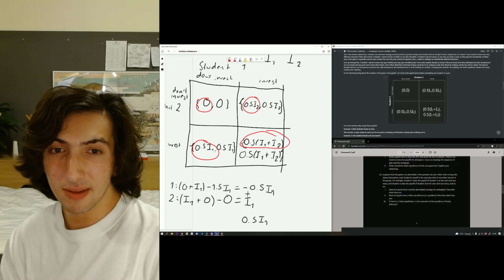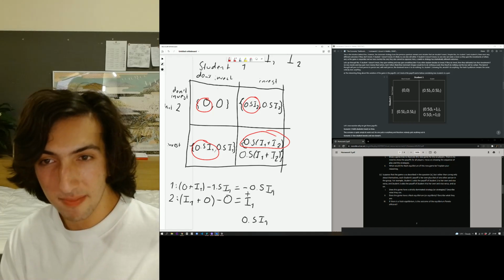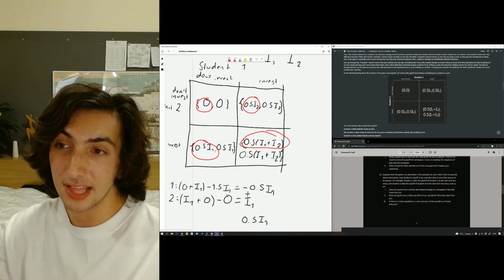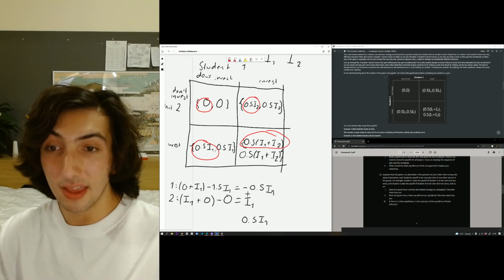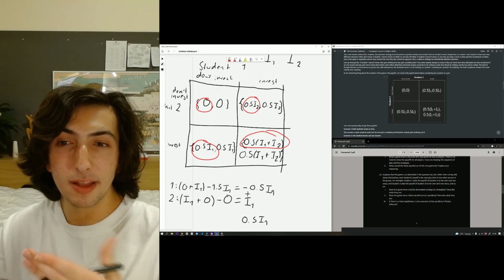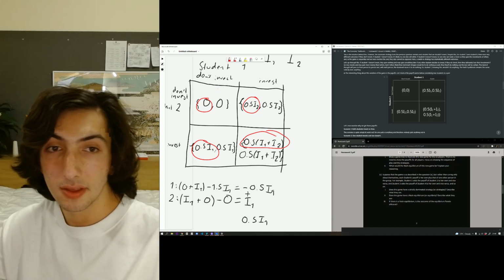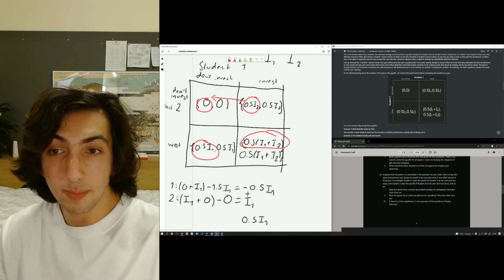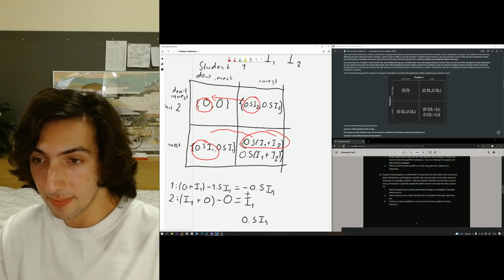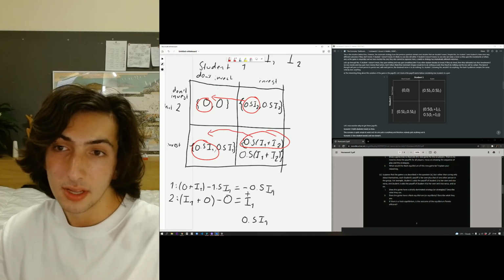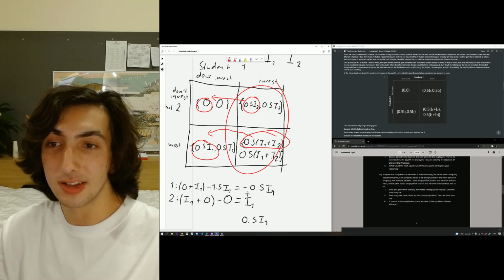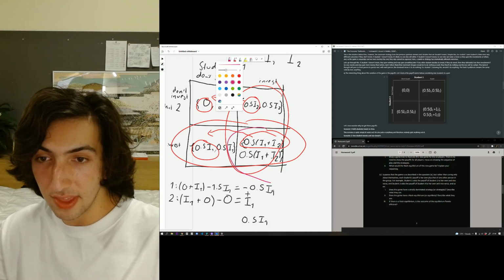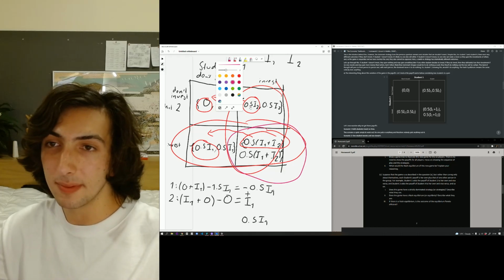However, if we're assuming that they roughly get the same, okay, investing will always be better, especially in the case that student 2 invests. And the addition of both will be better than one by itself. And as you can see here, 0.5 I2 will always be bigger than 0, and 0.5 (I1 plus I2) is bigger than 0.5 I1. So investing is the dominant strategy for both, which answers our second question, that when both invest, is going to be the Nash equilibrium.